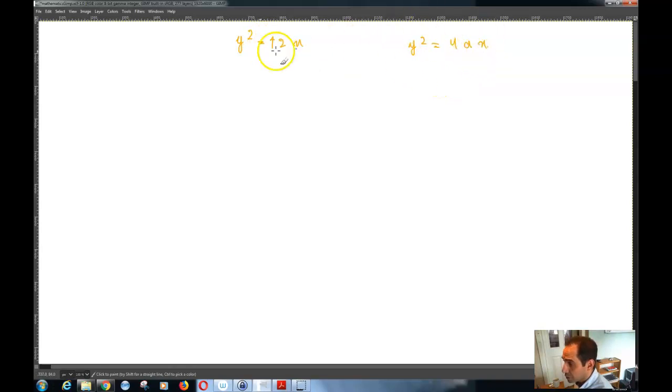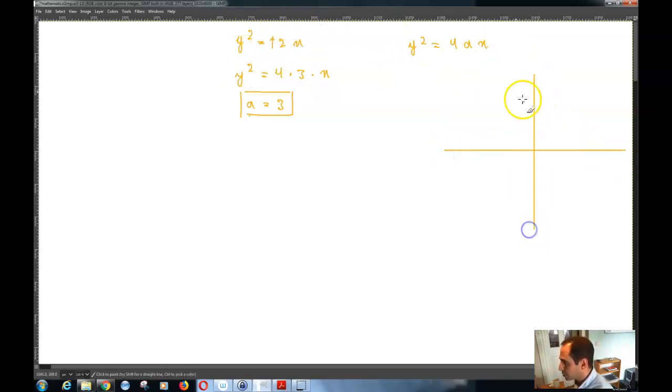So I can write this parabola as y squared is equal to 4 times 3 times x, and that means that my a over here is equal to 3. And if I have this parabola in this form, that means that the parabola is in this orientation,